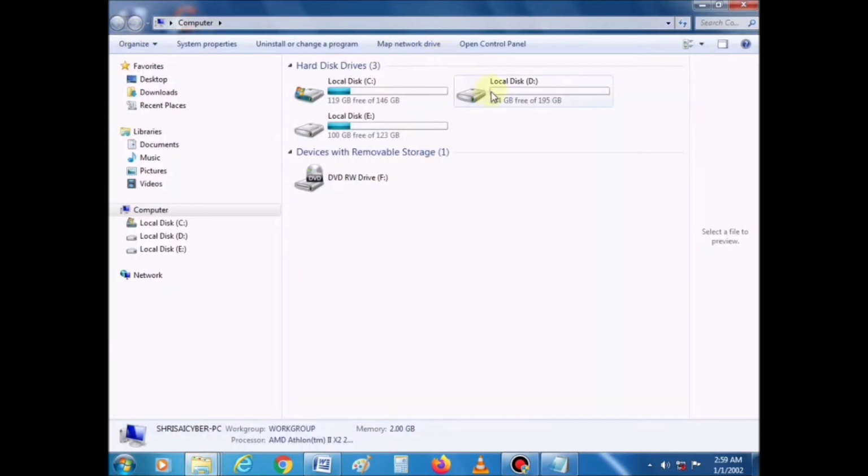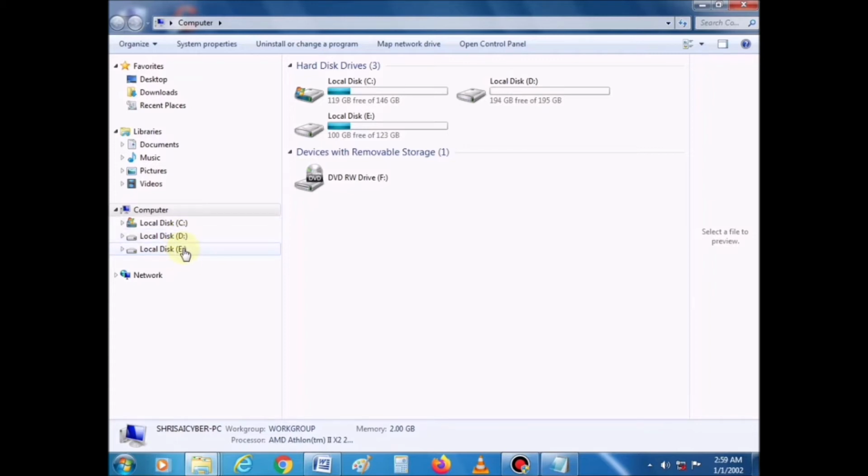You can see here a computer consists of many disk drives, and each disk drive is assigned a specific letter. For example, a hard disk drive is usually assigned the letter C. Note that there can be more than one hard disk drive depending on the number of logical partitions on the hard disk.